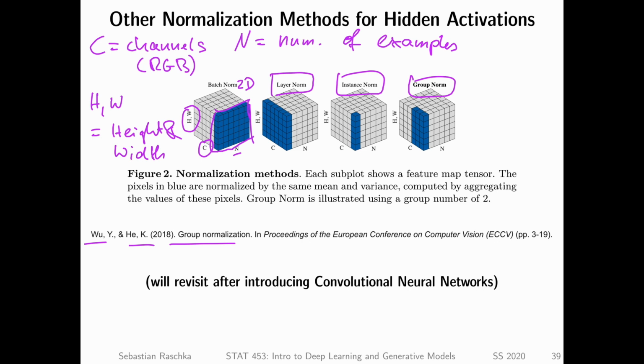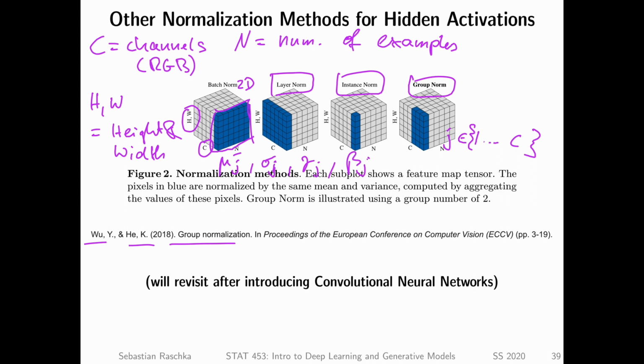So each mu j, the mean j, and the sigma j, and correspondingly also the gamma j and the beta j are computed for each channel. So we have channels, let's say, up to C. So 1 to C. So j is an element of the channel index. Okay, so this is how batch norm works.